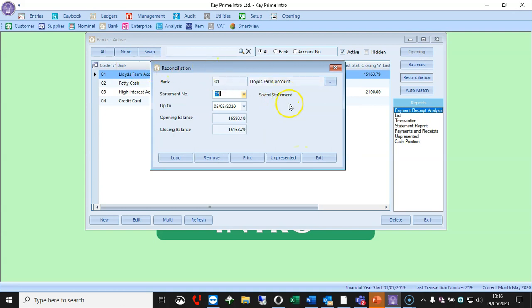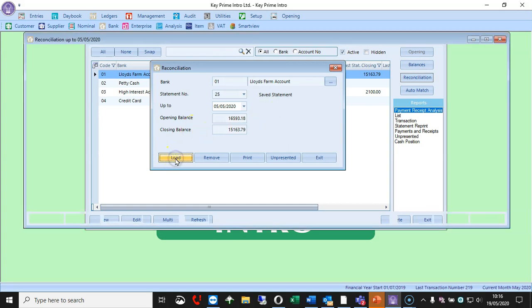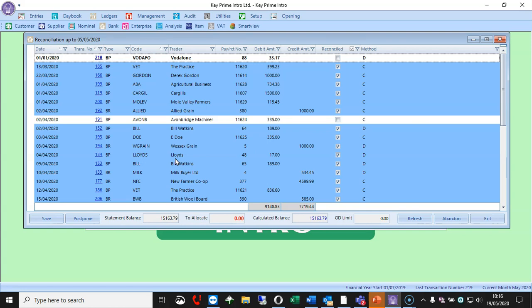So here I am at the reconciliation screen, and I've got two options here, and there's no one way better than the other. We can click on load, and here we can see that actually we have got two lines here that haven't been reconciled.